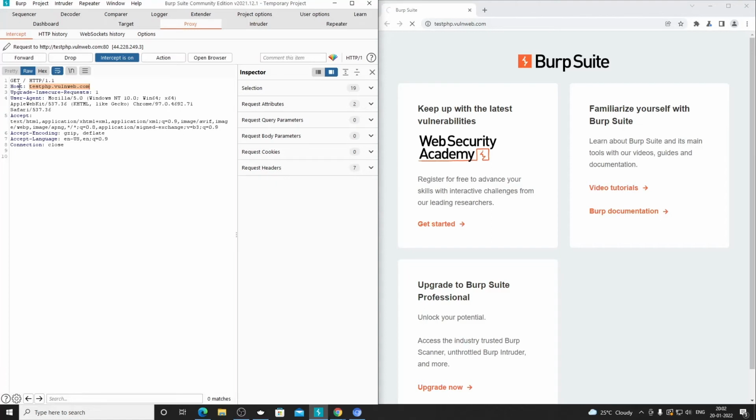All the other things, in later sessions we will be discussing the use of every one of these. These are actually headers. This Host is a header, this Upgrade is a header, this User-Agent is a header. Request headers, actually, we call them. So we will be discussing these. One I would clarify right now is User-Agent.